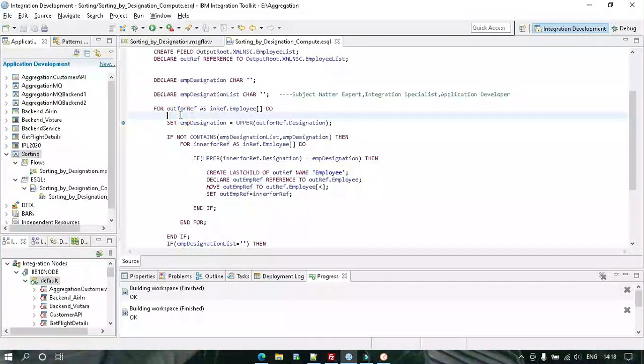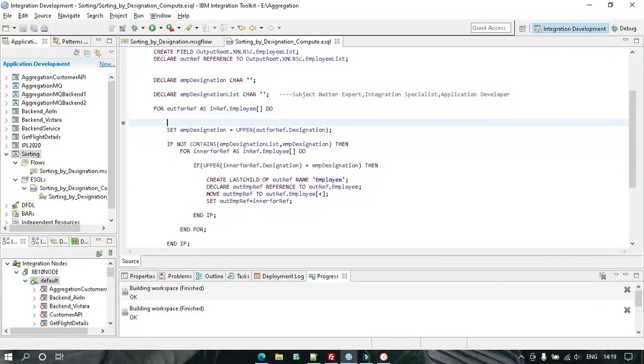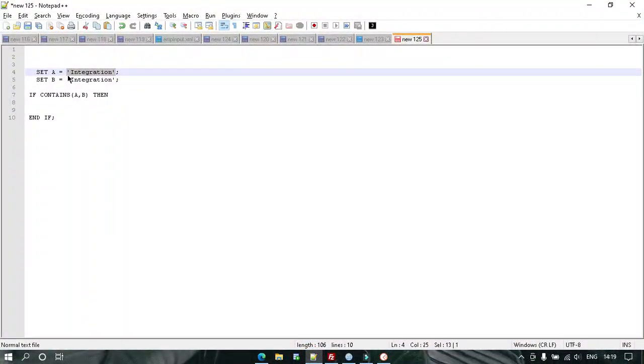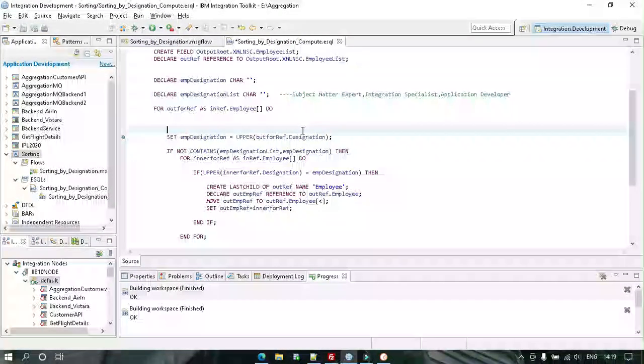See, we declare a string like this within a single quote, but if we want this string to be printed within a single quote, then we have a concept of escape sequences. For single quote, we have single quote only as an escape sequence. This is not a tutorial for escape sequences, you can google it, escape sequences in eSQL, and you can find some information there.